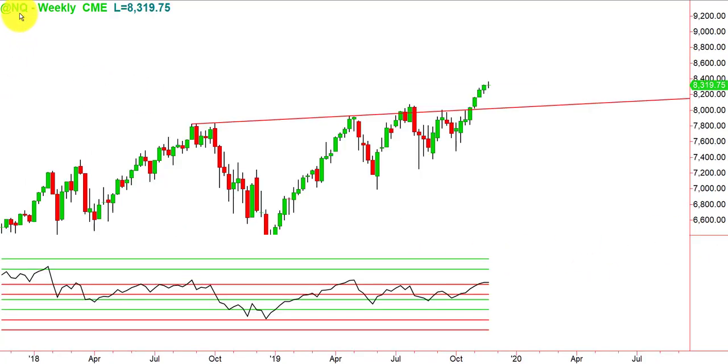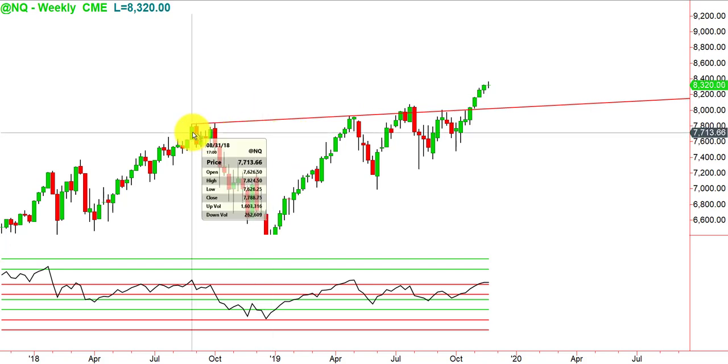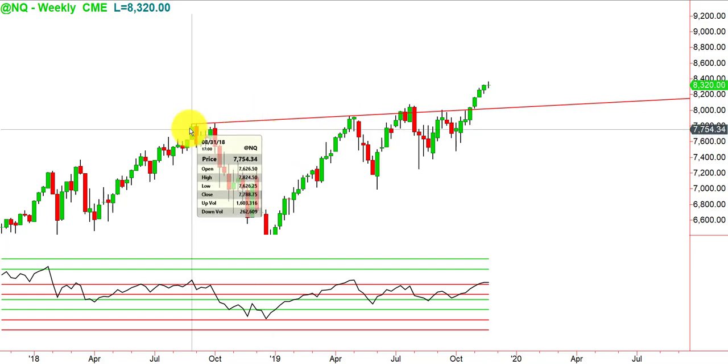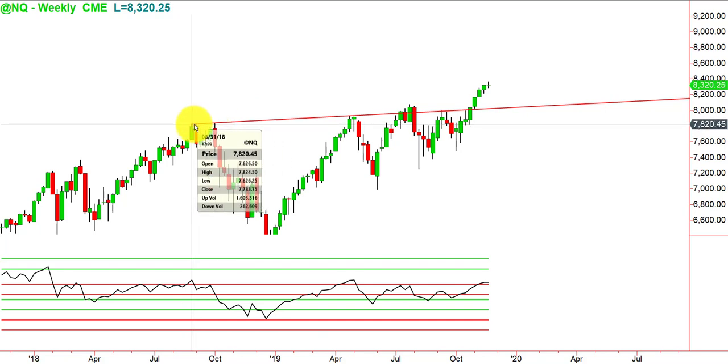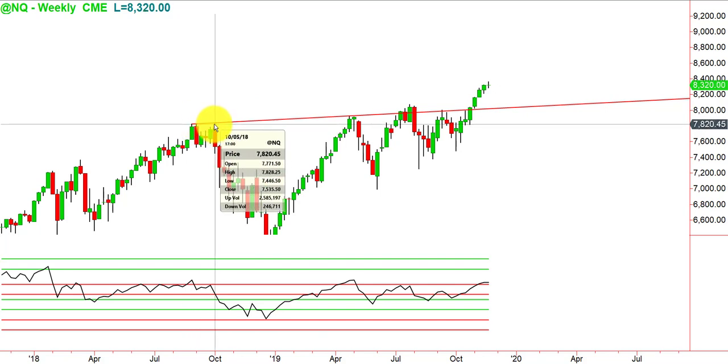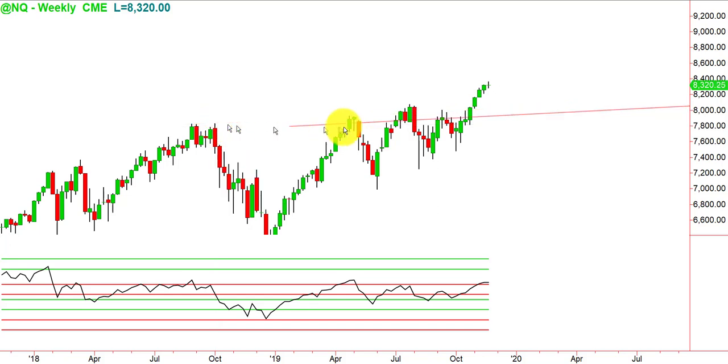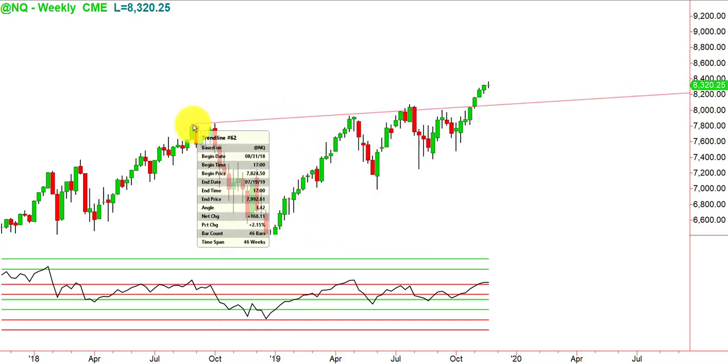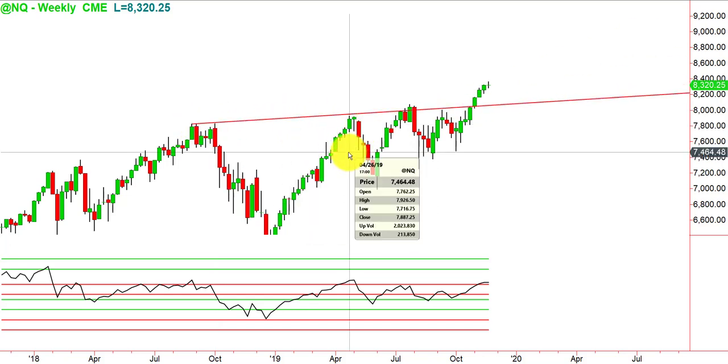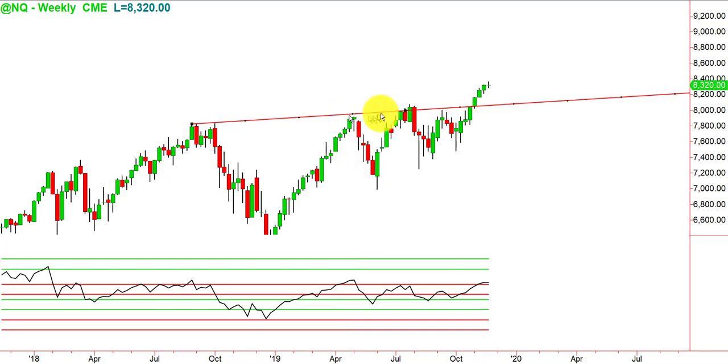Now here's the E-mini NASDAQ on a weekly chart, again, continuous contracts. And the resistance that was previously in place that now reverts to support is a similar looking line to what I showed you on the ES weekly chart, but not exactly the same. Okay, it's not connecting the exact same price points. Here we're going back to this multi-top in August and September and October of 2018, and then connecting that line to the next high that occurred after it in April